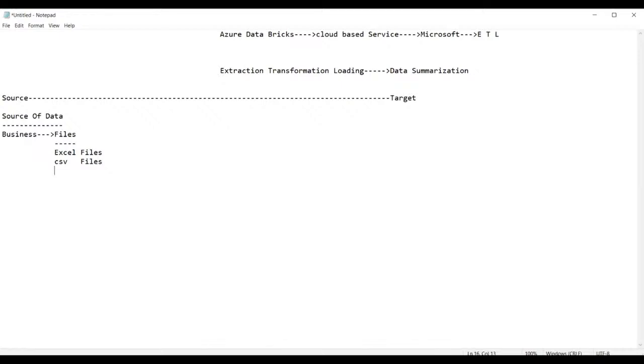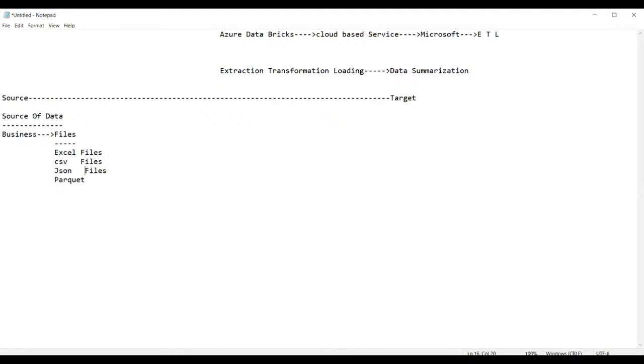And you have JSON files. JSON stands for JavaScript Object Notation files. And then afterwards, you have Excel files, CSV files, JSON files, and Parquet files.